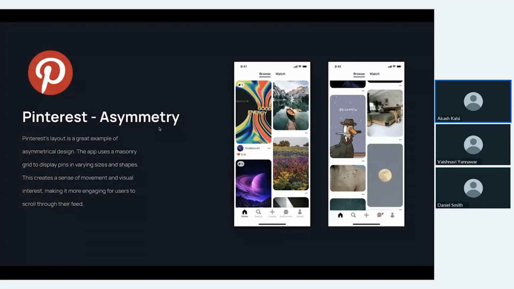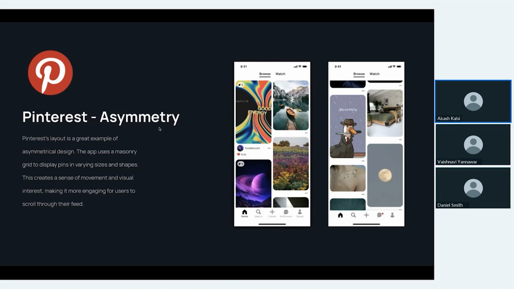And you have noticed that it put design in an asymmetric way, which has mainly two reasons, I feel. So, from the UX point of view, it allows you to see every design or image in the app according to its size in the thumbnail only, and gives you a full view of it so that you can scroll and explore all your inspirations. The next, as we discussed before, it gives visual interest to the designs and makes it very engaging to the users while they are scrolling through the feed.